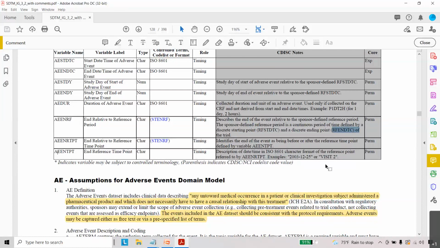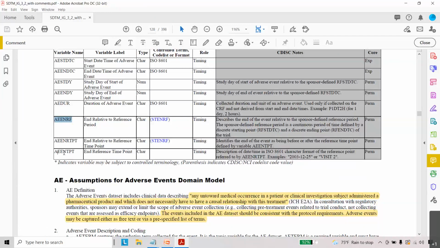So here we will compare the adverse event status with respect to a particular date or particular visit. But for AEENRF, we will compare with respect to the start and end of the reference period.